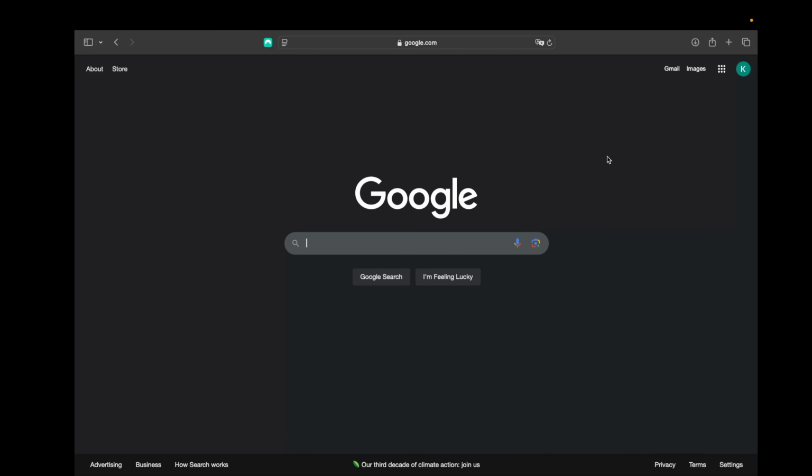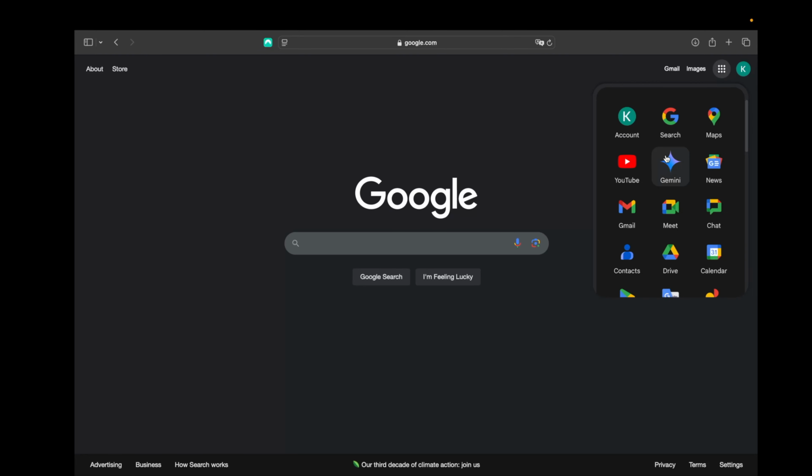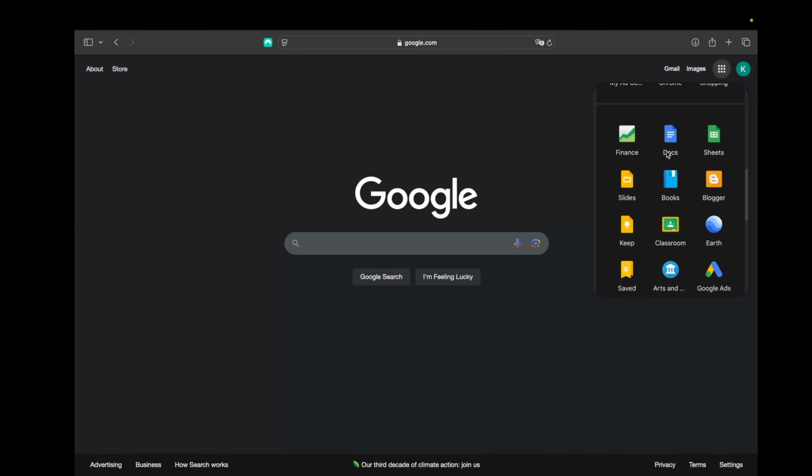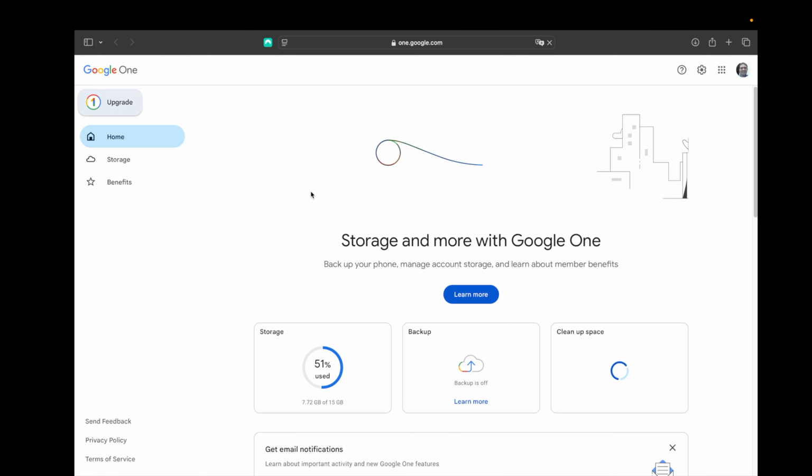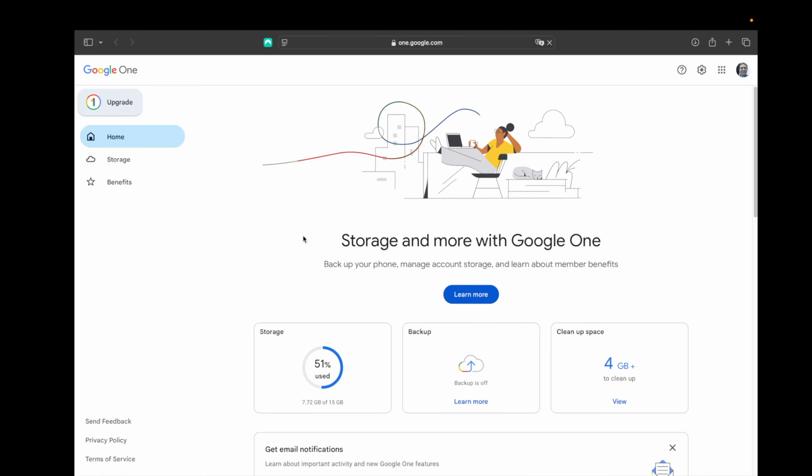Using your favorite browser, make sure you're logged into your Google account. Come toward the top right, click on the 9 dots, Google Apps. Once the menu loads, scroll down until you see Google One. Click on Google One. As you can see, the Google One is a dashboard of all the storage you are